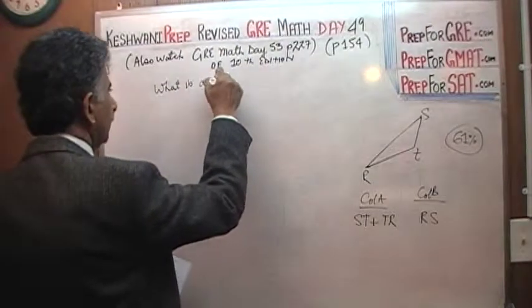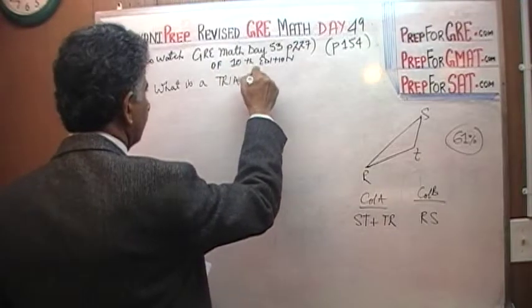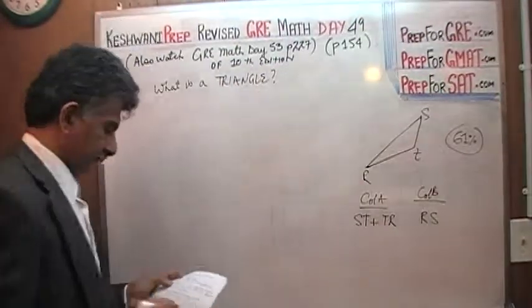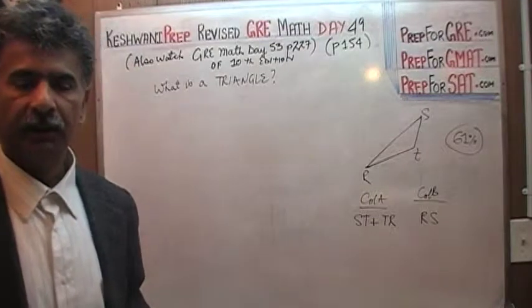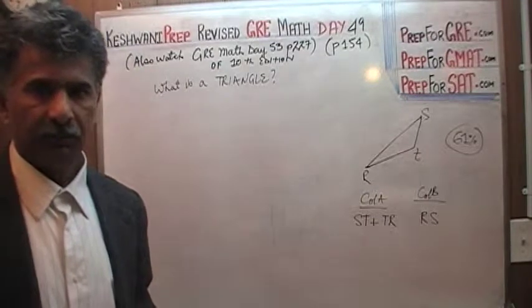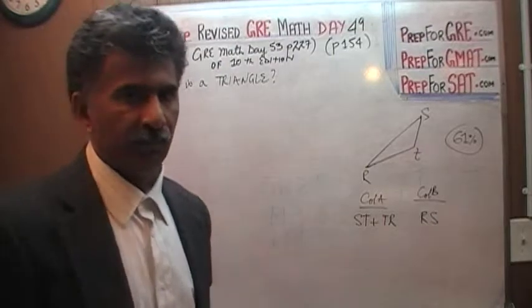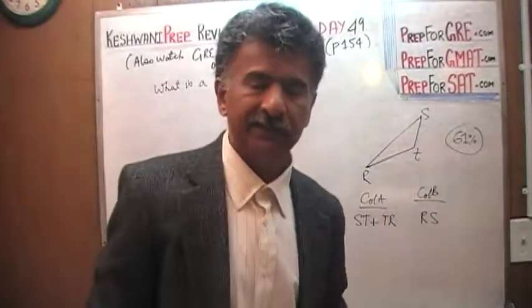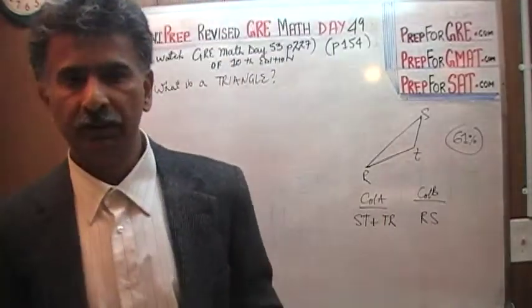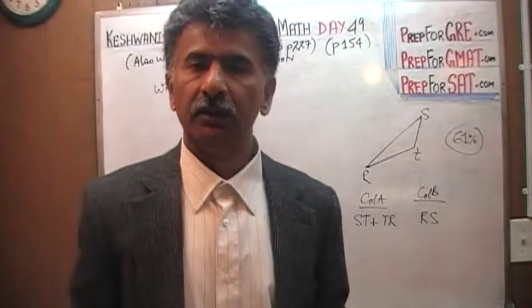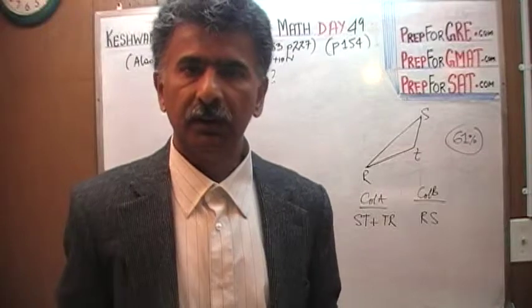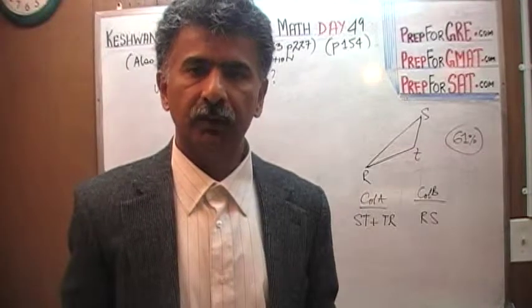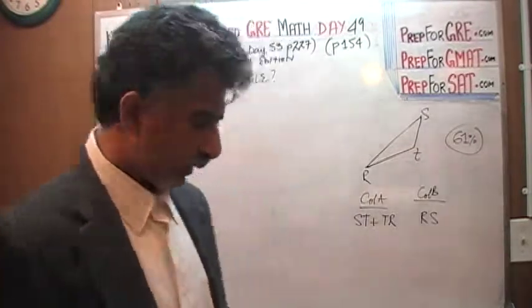What is a triangle? Sounds like a pretty absurd question to me, but what is it? Can you articulate in simple terms, intuitively? I'm not looking for some mathematical definition, I'm not looking for some geeky, nerdy definition of what a triangle is. I'm looking for something on an intuitive level, on a gut level. Can you give to me an intuitive definition of what a triangle is? A triangle